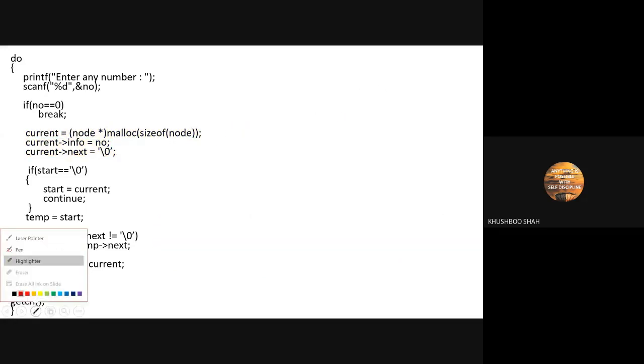After that, the next line. If start is equal to null, we are checking this. Why we are doing this, you will come to know at the end of the program. So right now, don't think about why we have written this and that. Right now, just understand how, through this code, we can create the linked list and what is actually happening inside the memory.